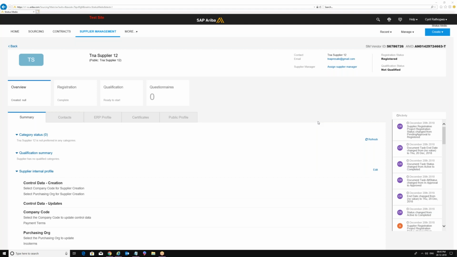They will fill it up and submit it. The approver will approve it automatically, and the profile will come over here. Now the buyer can initiate the registration process to go with the supplier registration process, but it is still in an experimental process. It is still not released entirely to the client right now.